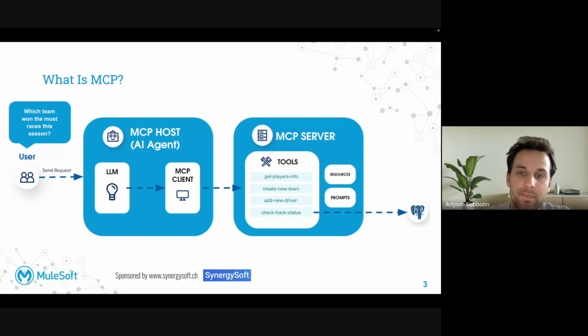In MuleSoft internally, this maps directly to your Mule flows. But again, it's very important to understand that it's really described in natural language. We will see it later. The agent does not understand how it works under the hood because it's just running the natural language action.